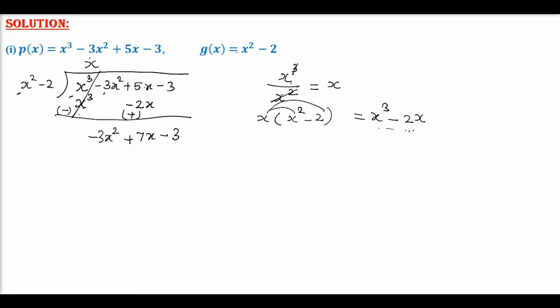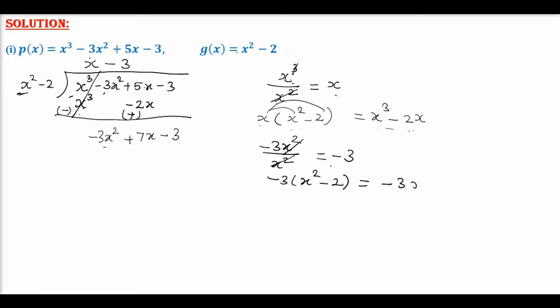So we have taken the first term of dividend and first term of divisor, divided them. That is the first term of quotient. Then we multiplied the first term of quotient with the divisor and subtracted it from the dividend. Okay, now let's take the first term of the new dividend and the first term of the divisor. Minus 3x square by x square. Let's divide them both. So when you cancel x square, you get minus 3, and that is the next term of my quotient. Alright. Now you multiply this minus 3 with the divisor, x square minus 2,